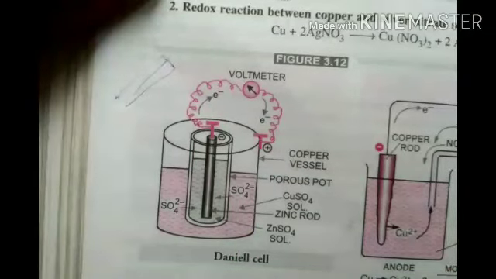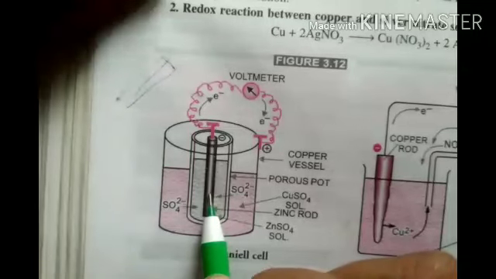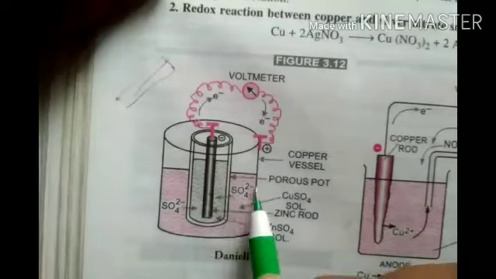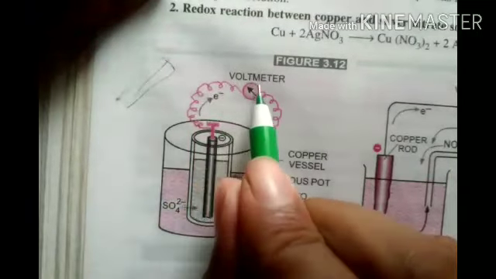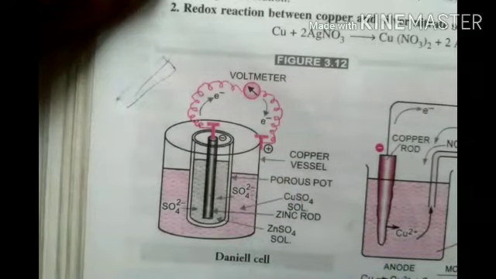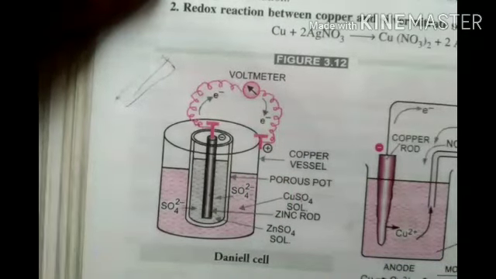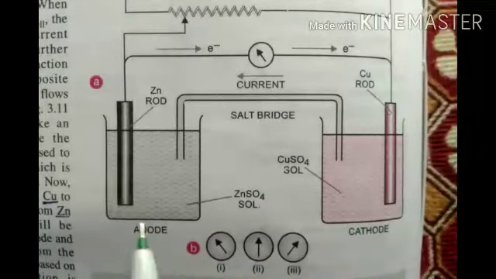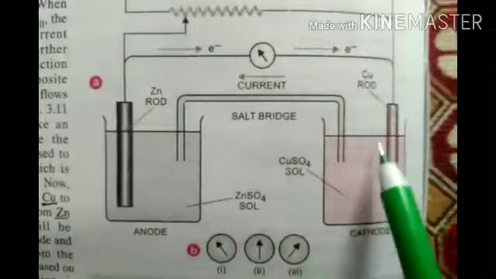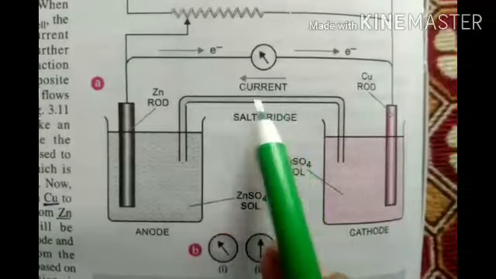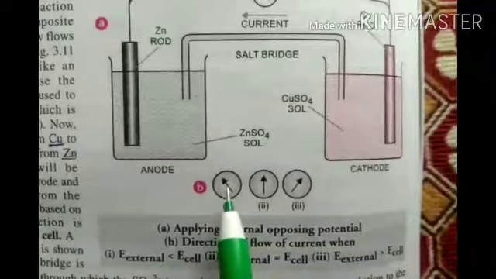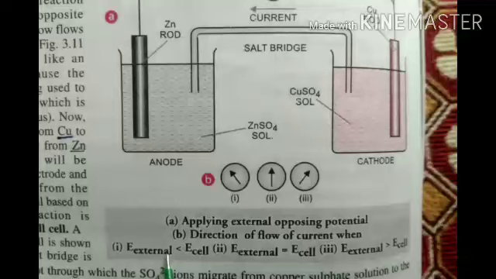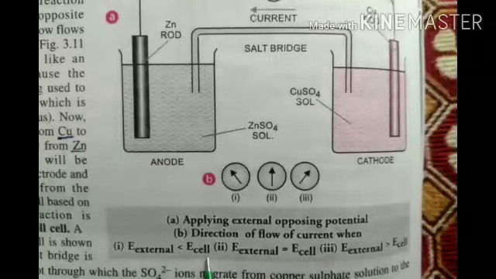Okay. Here oxidation is going on, and here reduction is going on. Both oxidation and reduction are happening, and in between, electrons are transferred outside. This is called a Daniell cell, and this is an electrochemical cell. So, for example, electrons are transferring this side, and current will transfer this side. The salt bridge will distribute the solutions, and this shows the direction of flow of current. Now this is external less than E cell, this symbol.